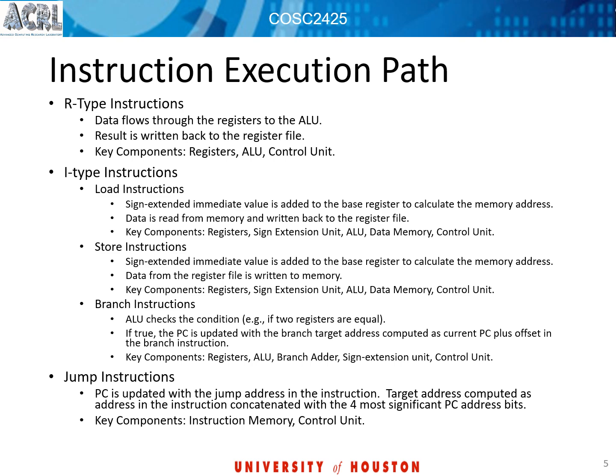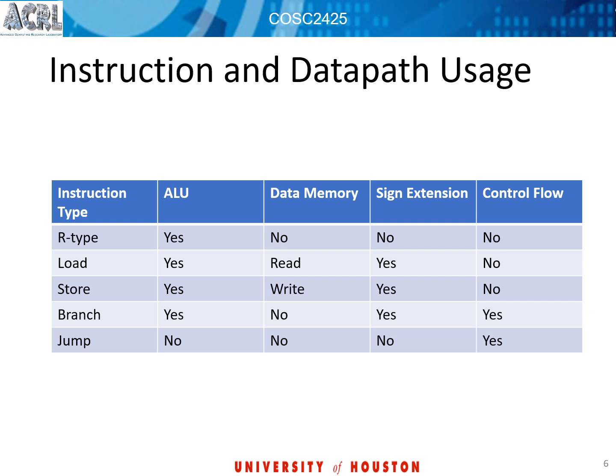So, like I said, every type of instruction uses different components, and this is a summary of the components that are used. For example, the R type, since an R type instruction is, for example, like an add T2, T1, and T0. So there is no memory, there is no sign extension because there is no immediate, and there is no control flow because there is no